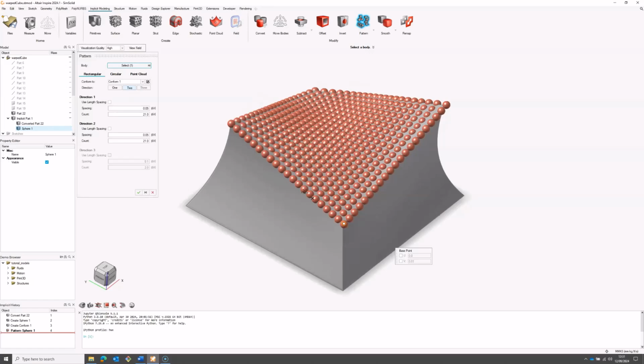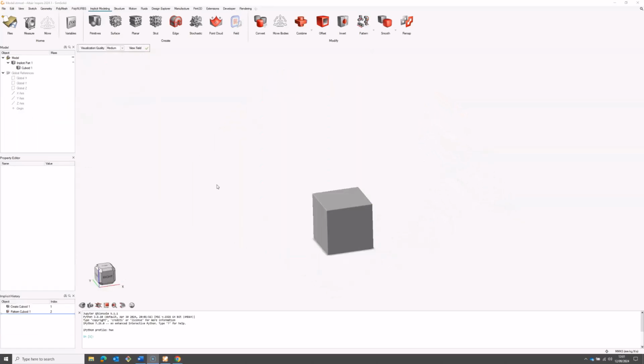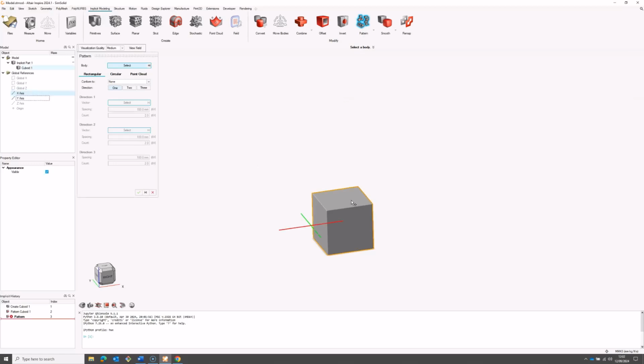This video will demonstrate how to use the Implicit Pattern tool in Altair Inspire. To pattern implicit bodies, use the Implicit Pattern tool, which can be found on the Implicit Modeling ribbon. Select the object you want to pattern, and there are three types of pattern available: rectangular, circular, and point cloud